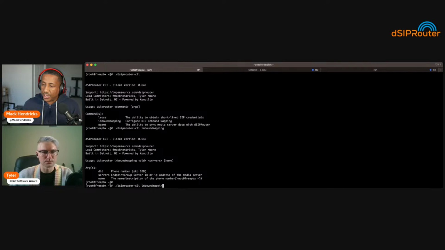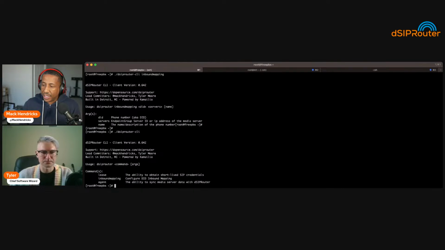What we're going to use is the agent component. This is the ability to sync the media server data with dSIPRouter. How this works is that it connects to FreePBX running on this box, grabs all of the actual DIDs, and then pushes those via the dSIPRouter API over to your instance of dSIPRouter.